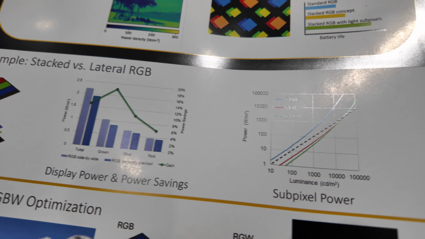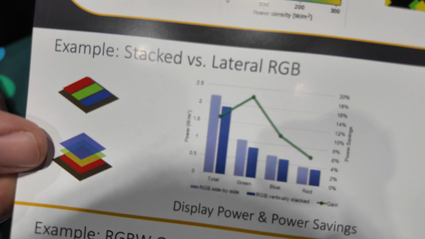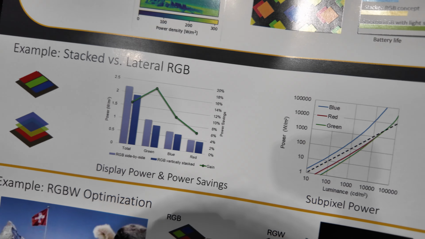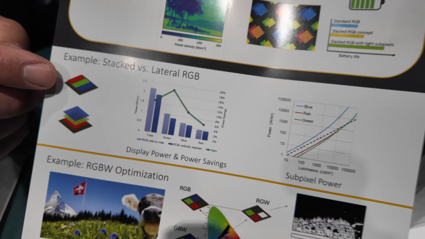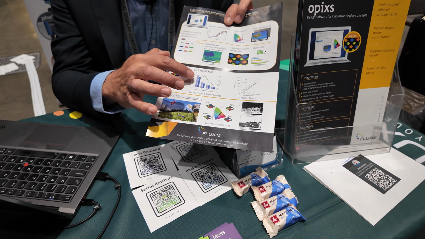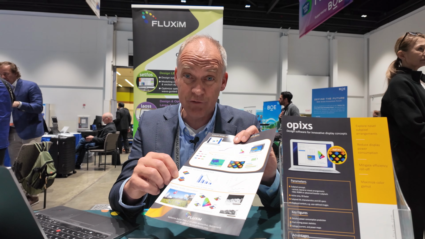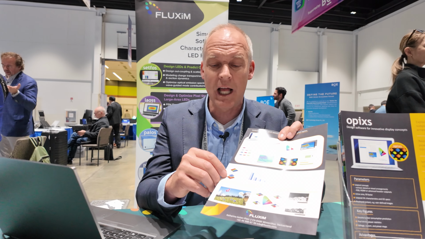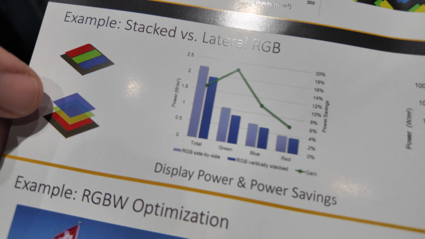And for instance, here's a comparison of a traditional side-by-side pixel and a stacked subpixel concept. You can then compare the power consumption of concept A and concept B. So the traditional ones use more power, whereas the stacked ones can circumvent the efficiency roll-off at high brightness, because with the stacked subpixel you have a bigger area of each subpixel, and then you can circumvent the power loss,